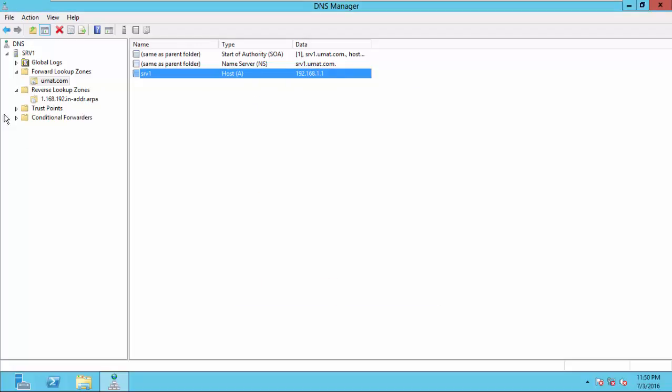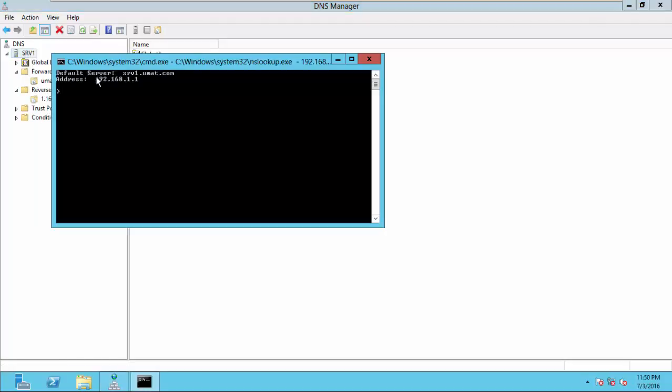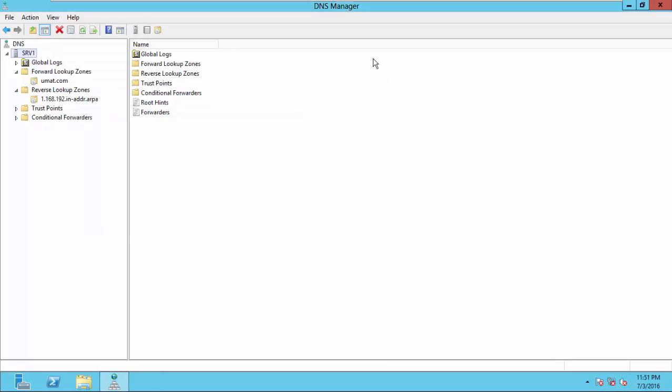Okay, this is going to update the reverse pointer record of the DNS server's host file. So once we do that, we click refresh, it has been updated, and then when we right click on our server name and we launch NS lookup again, it looks good. It tells us our default DNS server is srv1.umat.com. This is good. When I click OK, I'll click close,